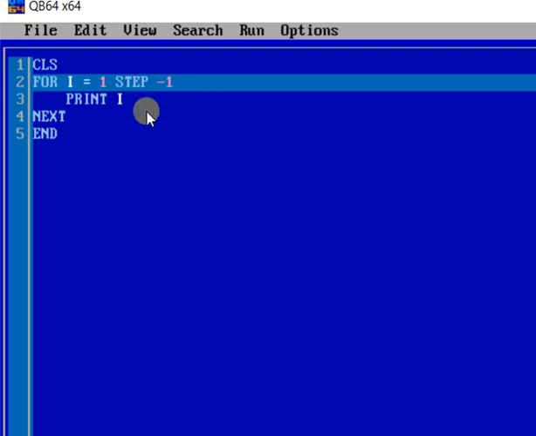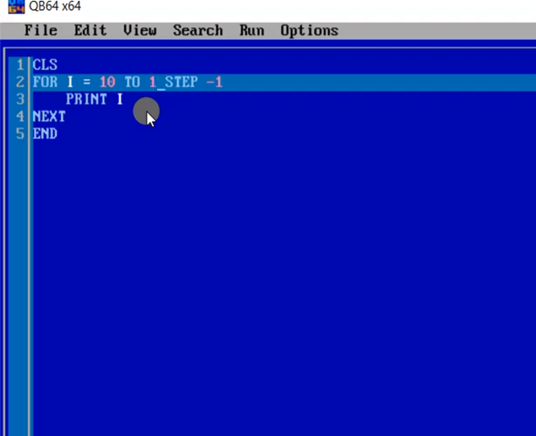We have to give I equal to 10 and the final value you have to give lesser than the initial value. So this is a reverse loop where the initial value is greater than the final value.